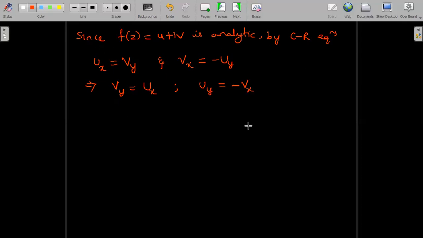So we will substitute both these into the previous expression, that is equation number 2, and rewrite equation 2 now. So equation 2 implies we'll be obtaining minus vx minus ux is equal to the right hand side as it is. So we have 3x square minus 3y square minus 6xy. And I'll call this equation 3 now.